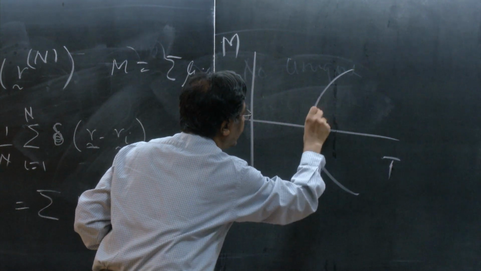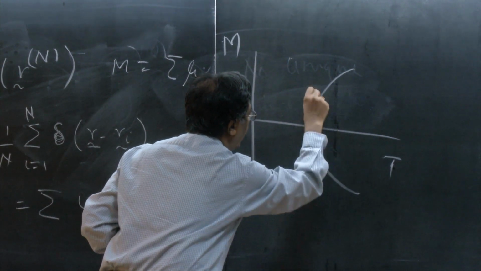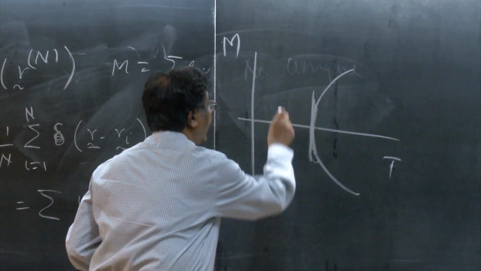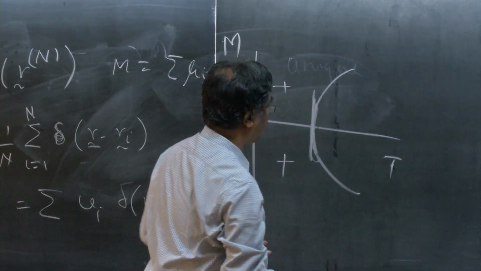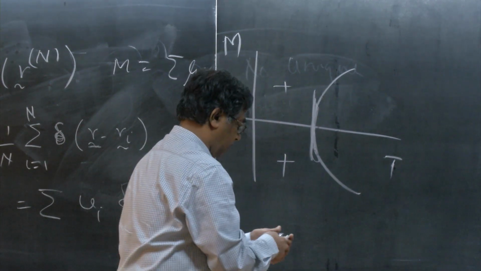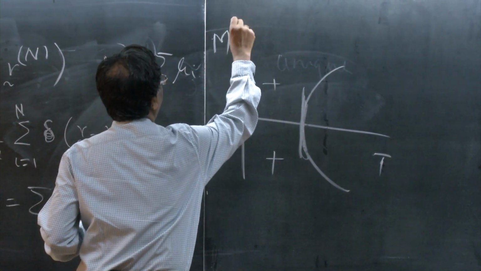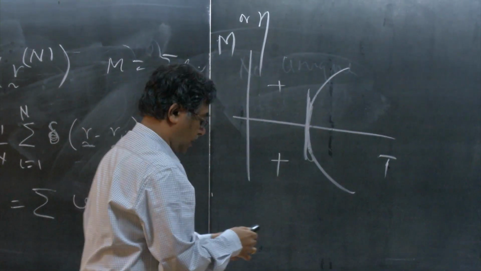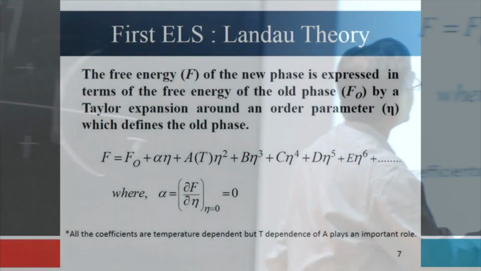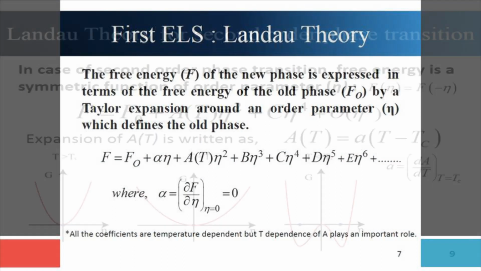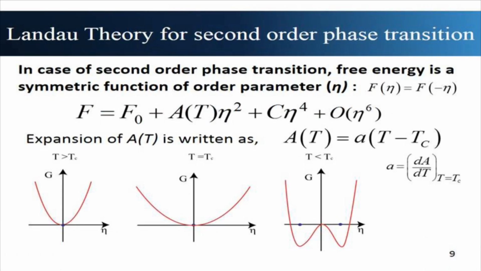So, here near the critical temperature, up and down you have a symmetry, and that symmetry must be reflected. So, eta going to minus eta; remember my magnetization is eta, and the free energy must be the same under eta going to minus eta. So this cubic term cannot be there, since eta and minus eta are not the same. Then all odd terms will disappear, my even terms will remain, and I already showed the first term has to be in there. So, now I have a beautiful simple